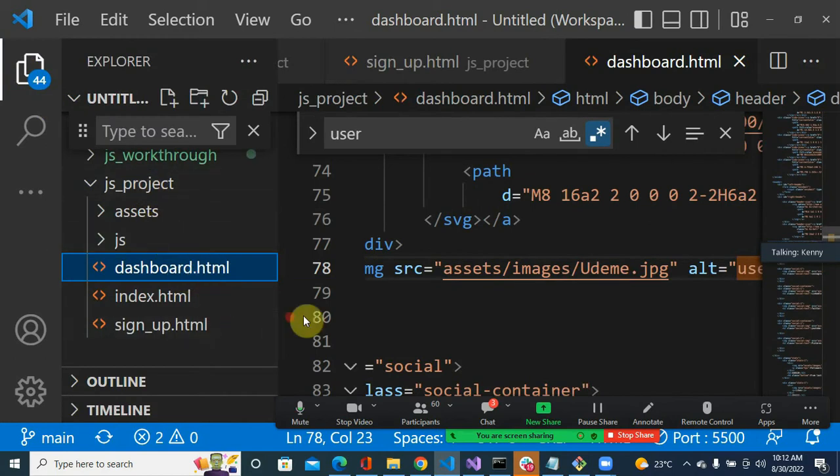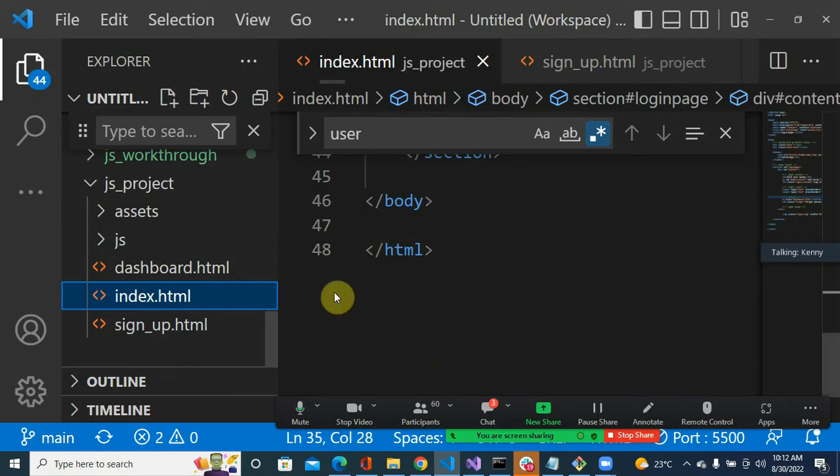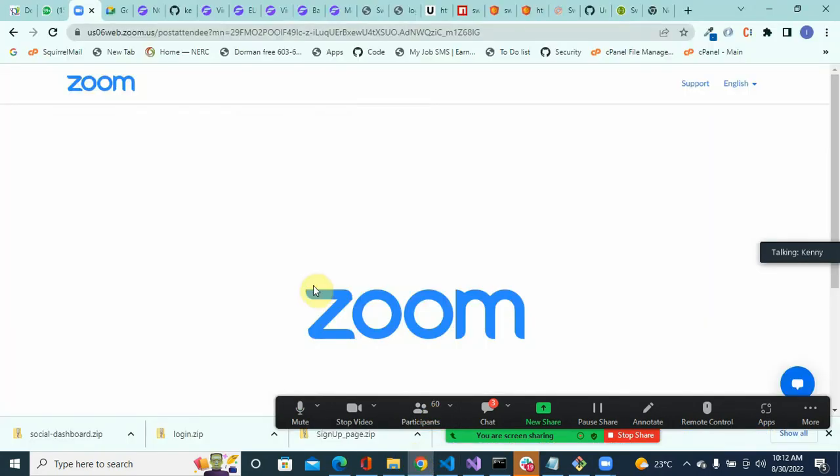So the next thing is now to make things a bit functional. So I'm going to go straight into the index.html, this page where we're having the